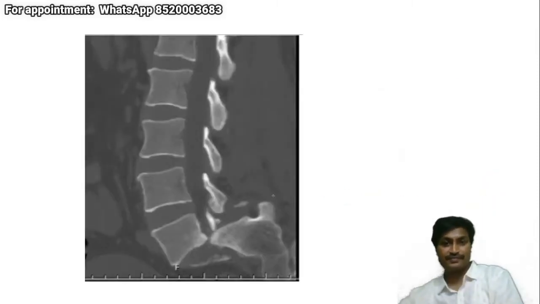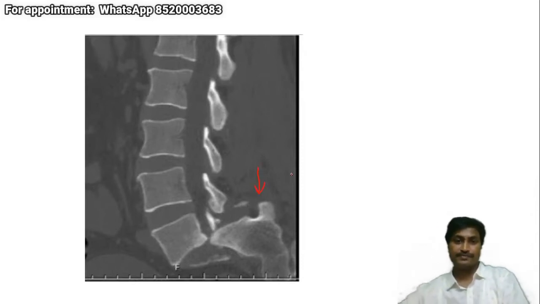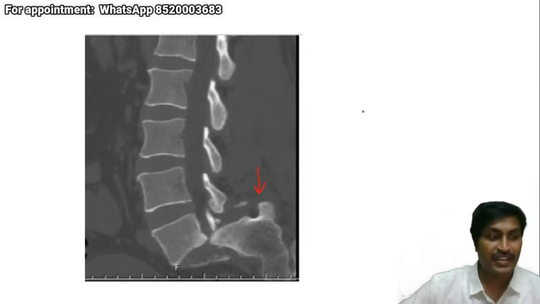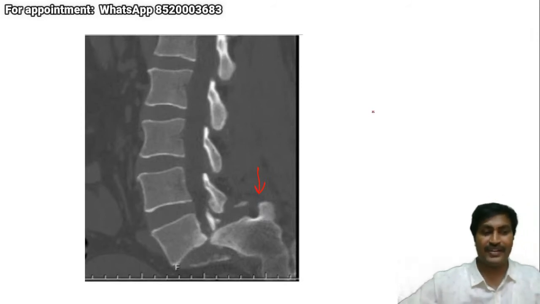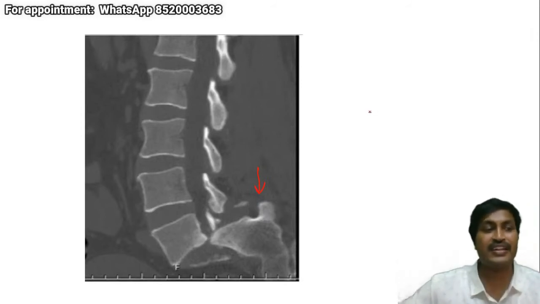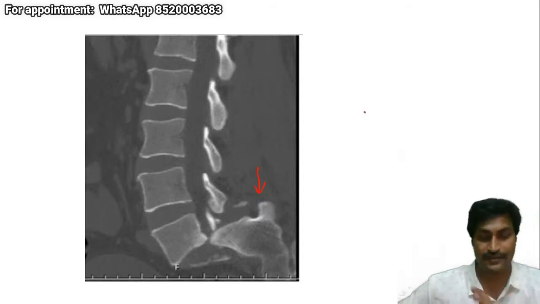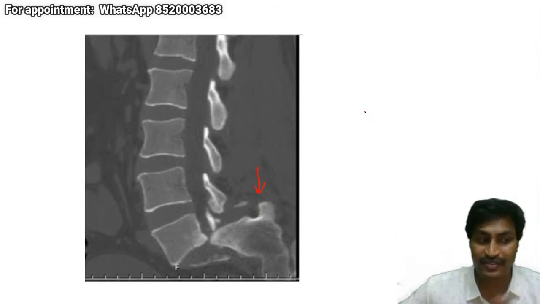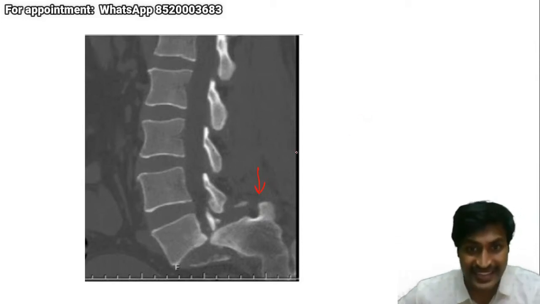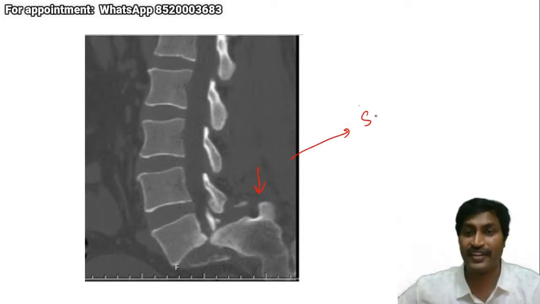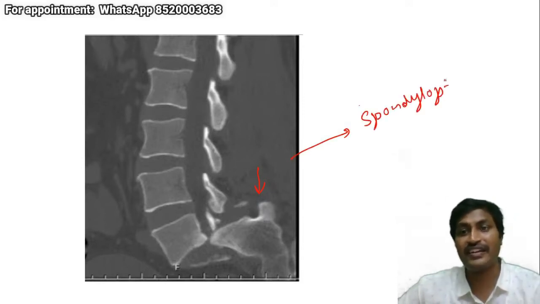What is this? What has happened? You can either say spondylolisthesis grade 1 or grade 2. That's intermediate. It's a visual impression. I felt it's grade 1. Some may answer grade 2. It's okay, it's mainly dependent on patient symptoms. But grade 3 and grade 4, and this is spondyloptosis, that is grade 5. All of them will definitely require surgery.